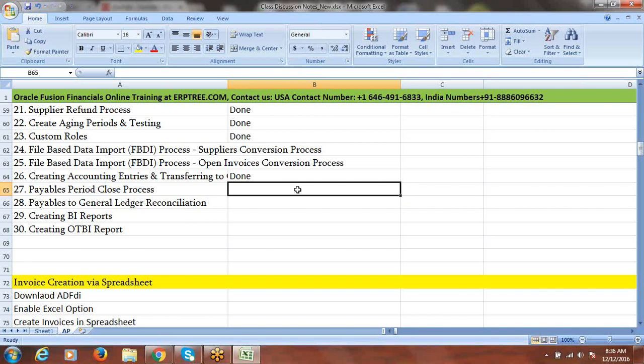If at all you require, you can run the unaccounted transaction report, or else a simple program we have, the period close exception report, and we can run the posted invoices, posted payment registers and all. The payables trial balance also will be running, just to verify which are pending and all the information. If you run the period close exception report, you can find what exceptions may stop you from closing the period. Based on that, you can take necessary action.